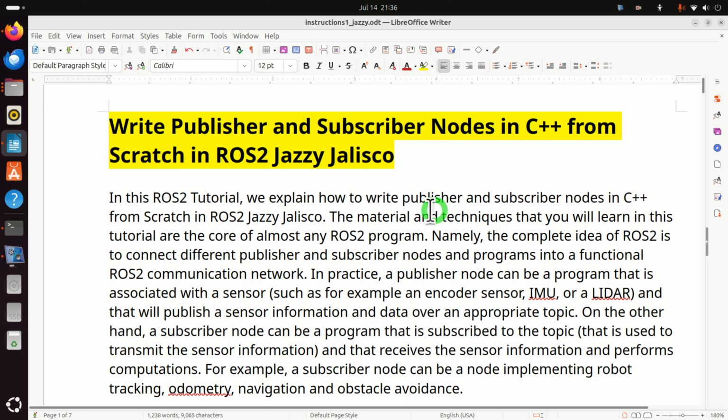In this ROS2 tutorial we explain how to write publisher and subscriber nodes in C++ from scratch in ROS2 Jazzy Jalisco. The material and techniques that you will learn in this tutorial are the core of almost any ROS2 program. Namely, the complete idea of ROS2 is to connect different publisher and subscriber nodes and programs into a functional ROS2